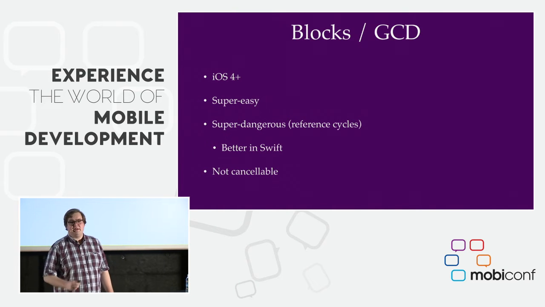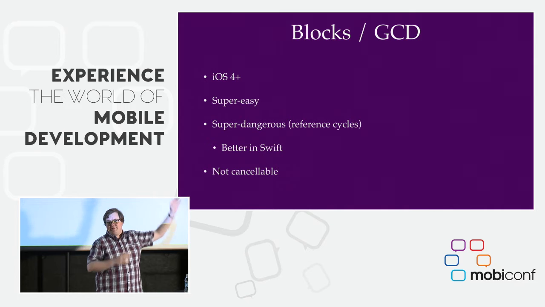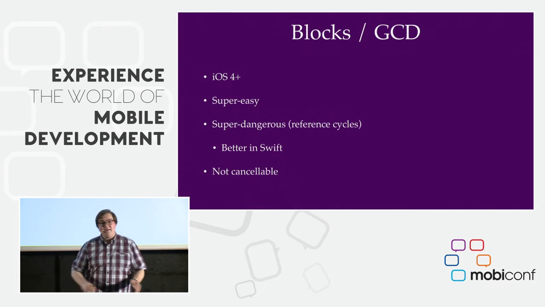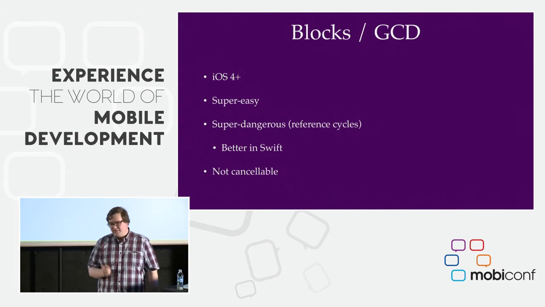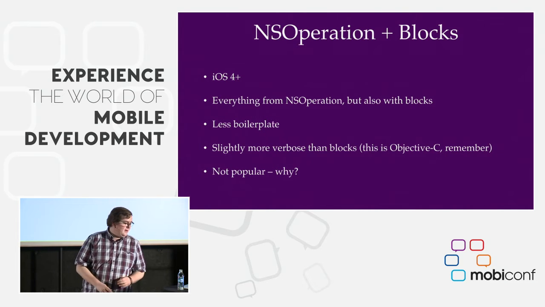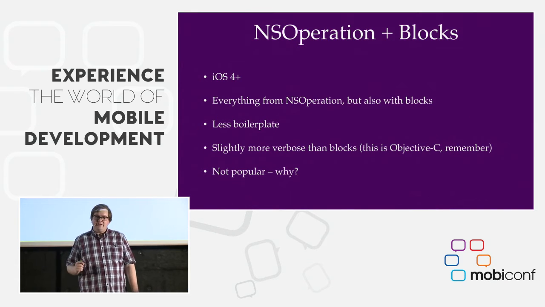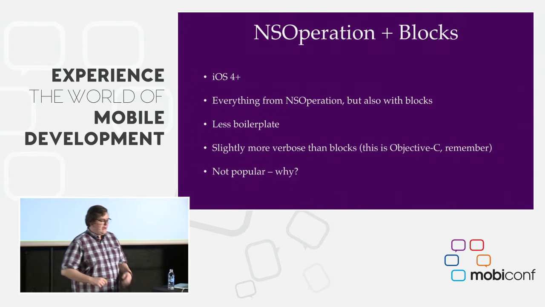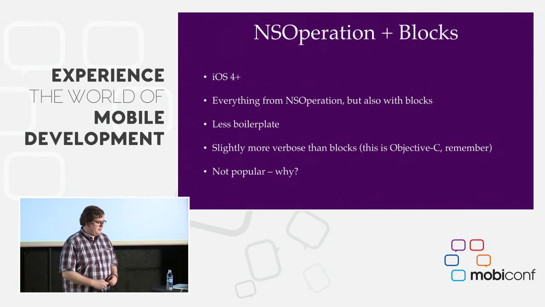As we saw from Junior's talk yesterday, it leads to callback hell, where you have a dispatch_async inside another dispatch_async inside another dispatch_async. Maybe you're calling a function and it has its own callback hell. It's ridiculous. But iOS 4 had something else that a lot of people didn't really pay any attention to, including me: NSOperation and blocks. iOS 4 extended the existing NSOperation API to let you create them with blocks. Now you can do everything that NSOperation could do and more, which is really great.